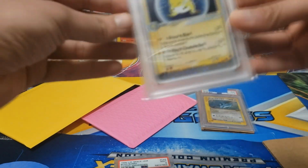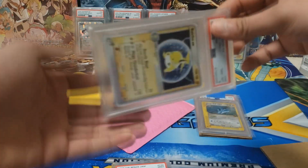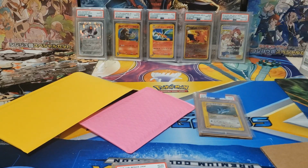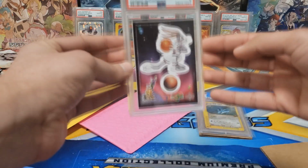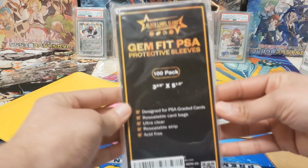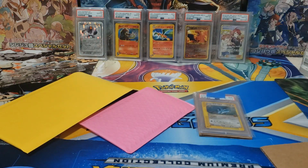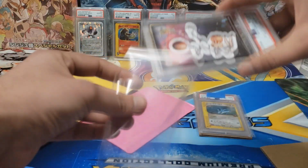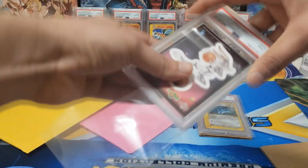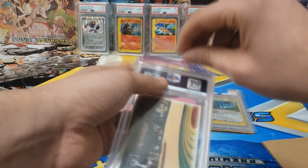Usually I already have my cards in a protective sleeve and whatnot, but whenever I'm selling something, I always get rid of that sleeve and give the card a brand new sleeve. So as you can see, this Bugs Bunny is sleeveless. I like to use these Gem Fit PSA protective sleeves. They're from Black Label Slabs. I know the owner of that company. He is a middleman for PSA cards in BC. He's got some really great prices. So basically do that,